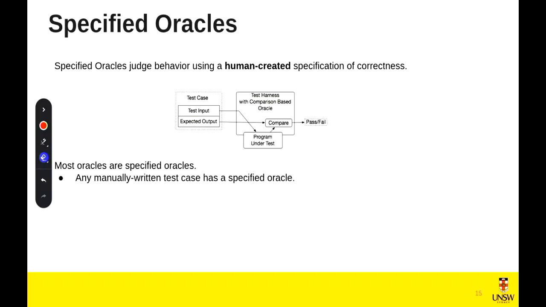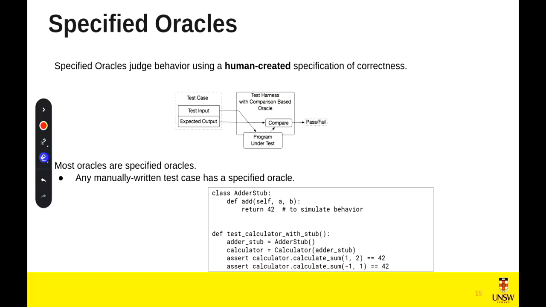Most oracles we have encountered are actually specified oracles. Actually, for almost any manually written test cases, we use a specified oracle. For example, in the example we have encountered, these two asserts are specified oracles, so they are manually derived by